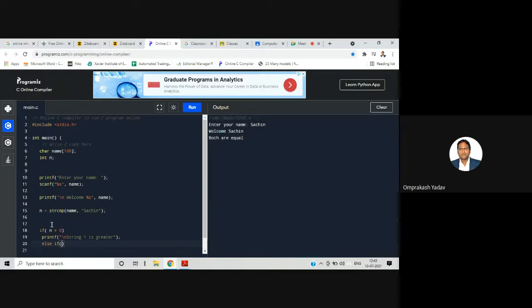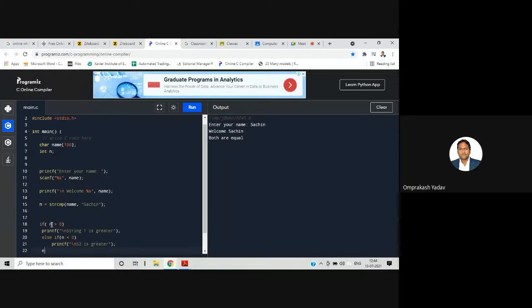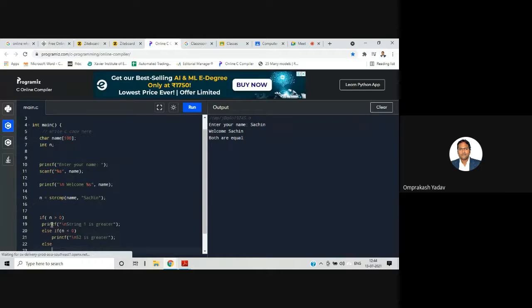Else if n is less than 0, printf s2 is greater. Else printf both are equal.